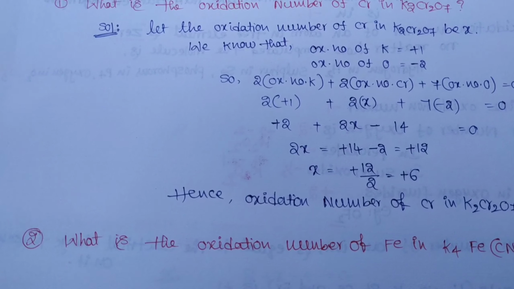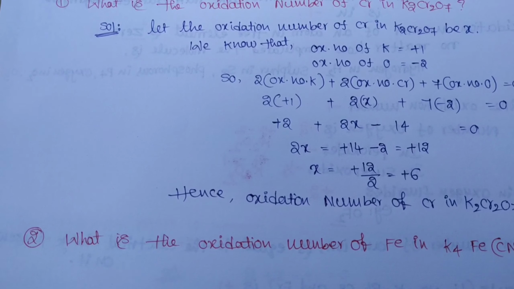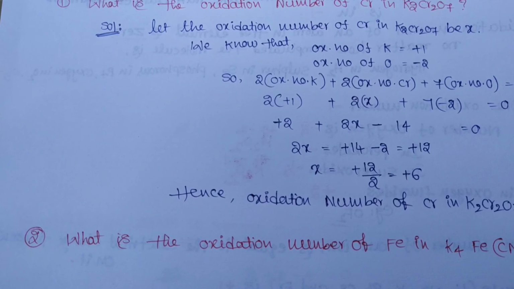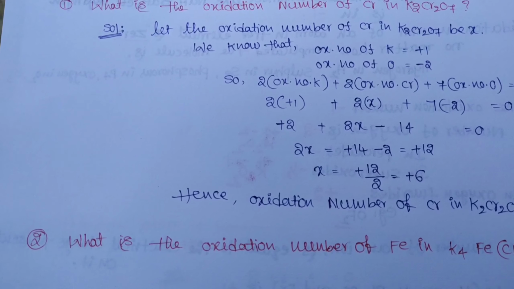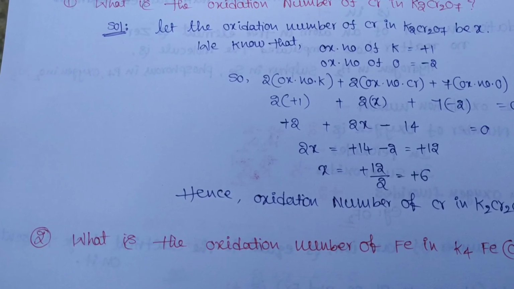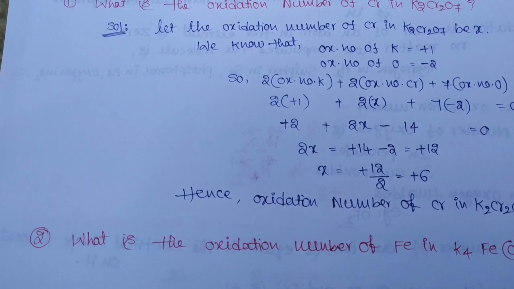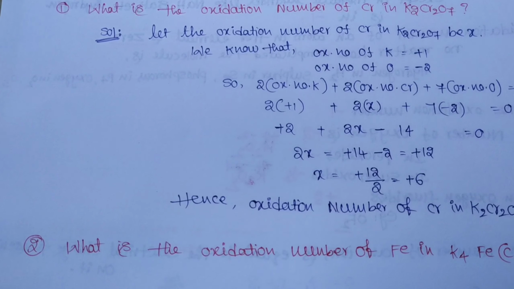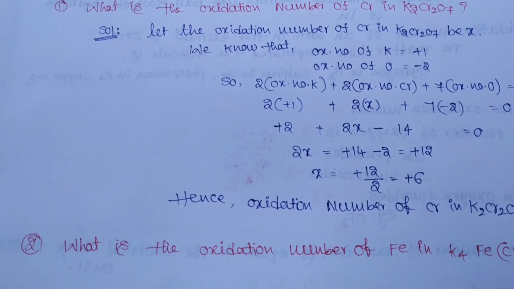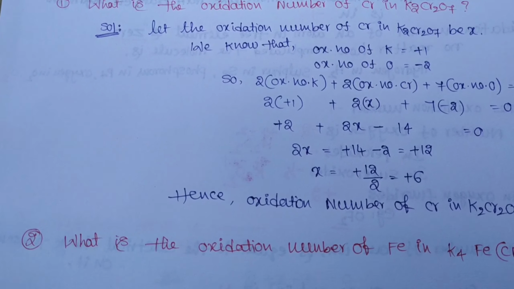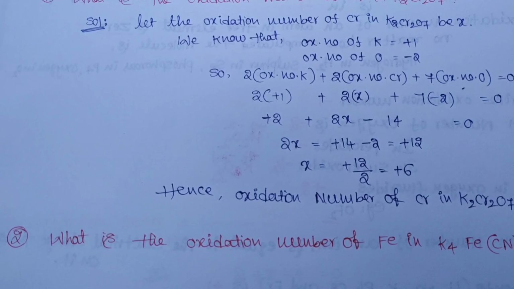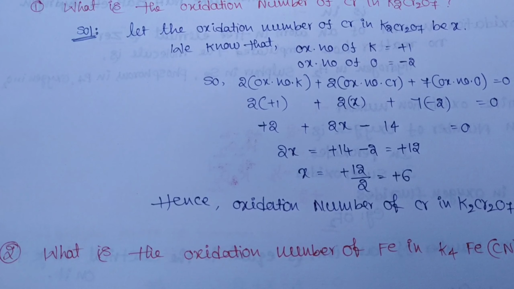Already we know that potassium belongs to first group elements, right? Sodium, potassium, rubidium, cesium, francium. So oxidation number is +1, and oxygen oxidation number is generally -2. So here they are not peroxides or superoxides, so here oxygen oxidation number is -2 only. So we are equating to 0. We are doing here the sum of all the atoms' oxidation numbers equal to 0. So that's why